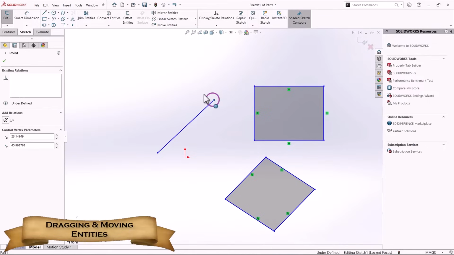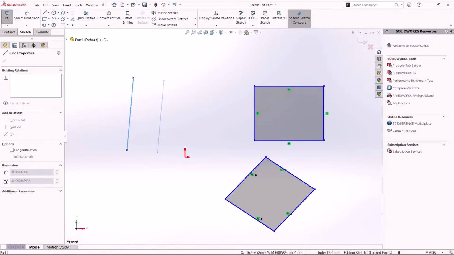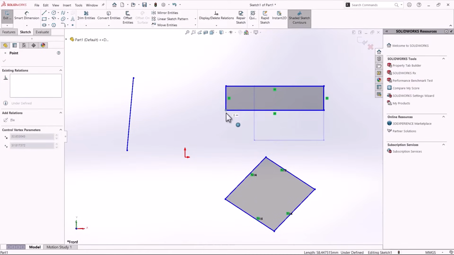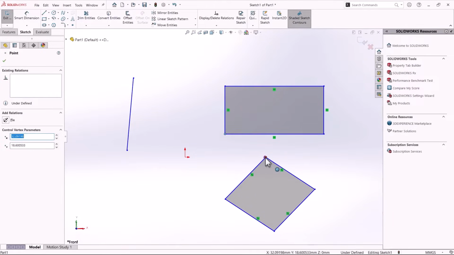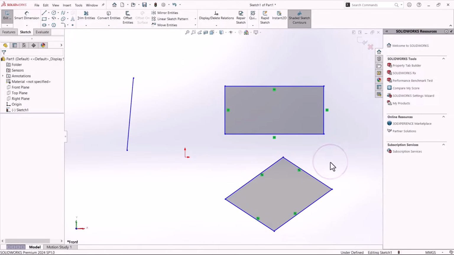Additionally, you can move selected entities around by pressing and holding the left mouse button on the entire entity or an endpoint of that entity, then dragging it around. The movement of the entity may be restrained depending on the current relations given to the 2D geometry. Furthermore, this action can also resize any entities based on the currently given relations to the geometry you've designed so far.